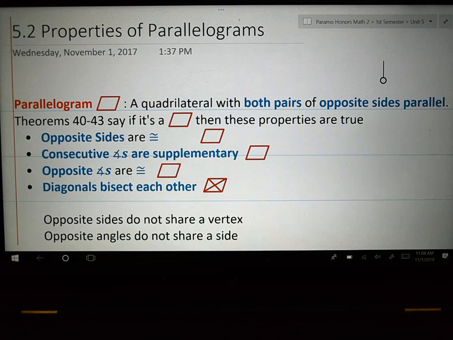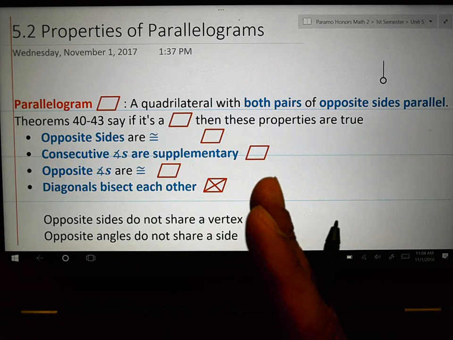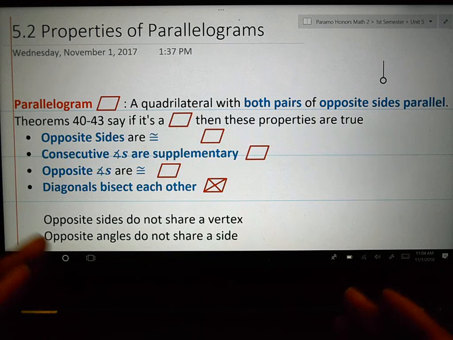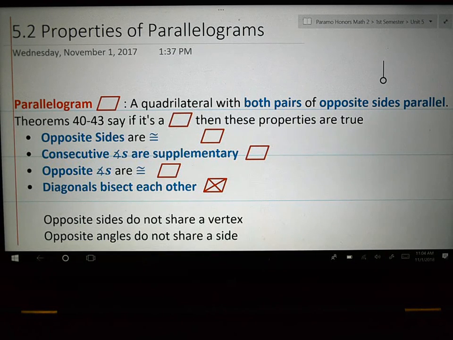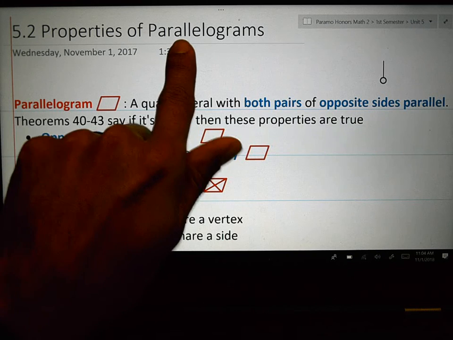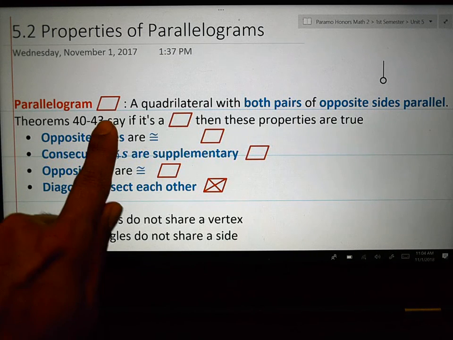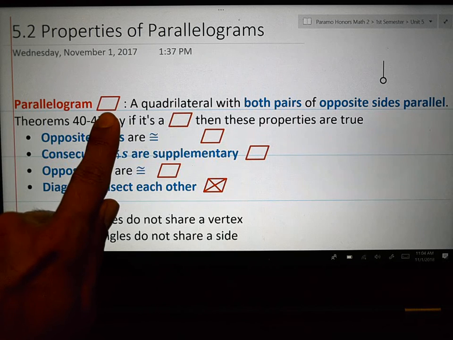In 5.2, we are now going to transition away from all polygons and move directly into our first four-sided shape. Our first four-sided shape that we're going to deal with is something called a parallelogram. You've learned them before. If you see this shape, when you read it, I want you to remember that that